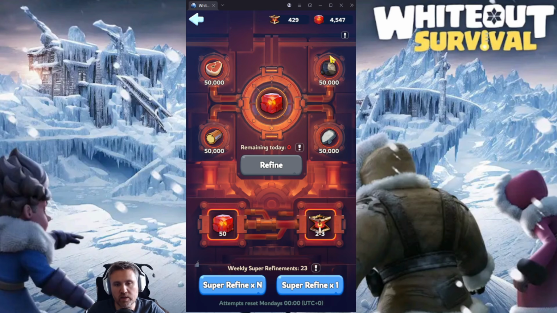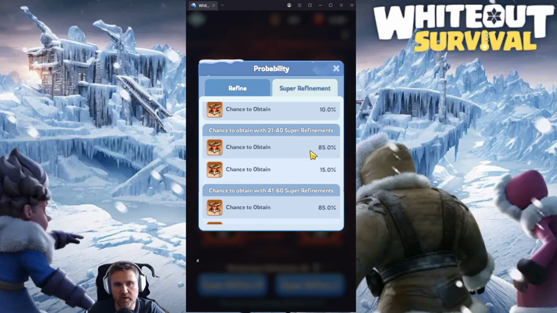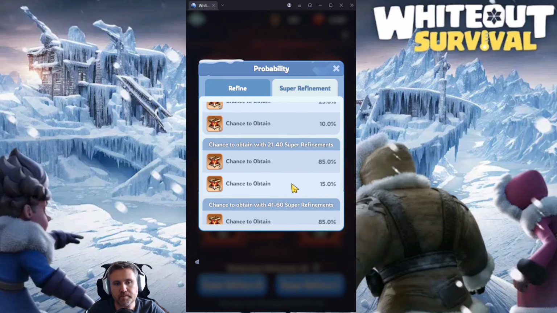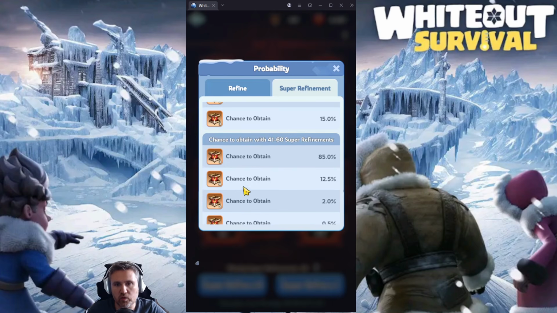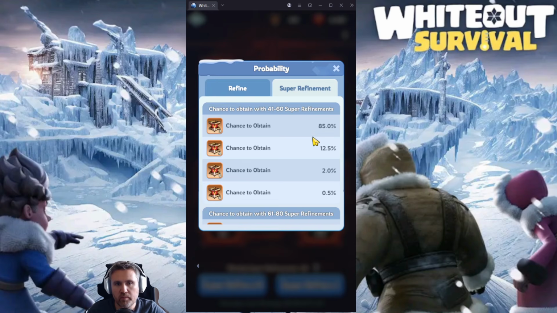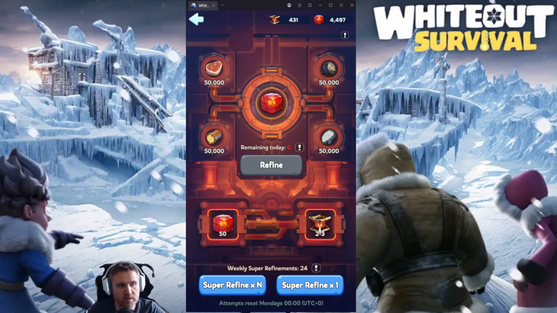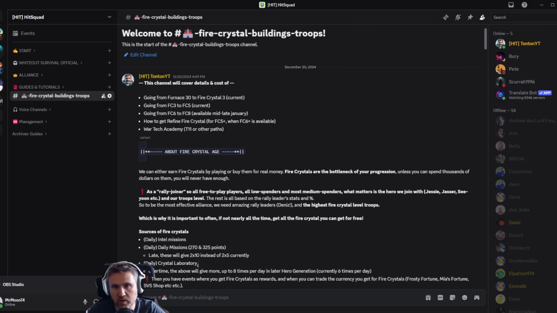If you have accumulated a lot, then you can go to, see how it works. I did super refining, so I used 50 to get 2. I had 65% chance to get 2, I think, or 85% chance to get 2, so that's fair enough, right? And now what we will look at is, do you get more refined fire crystal per fire crystal you spend? And I'll answer that in a sec, and I'll show you on Discord. So I'll quit the game, and we'll look at...